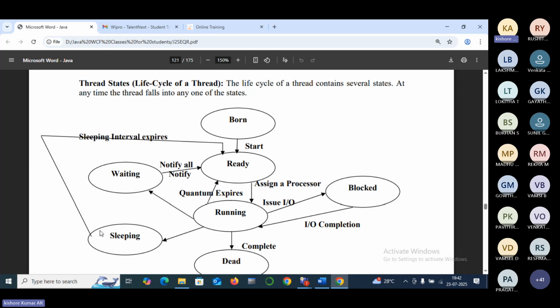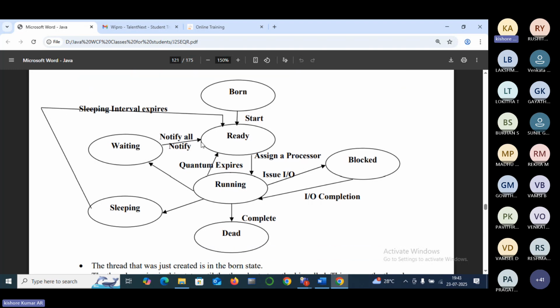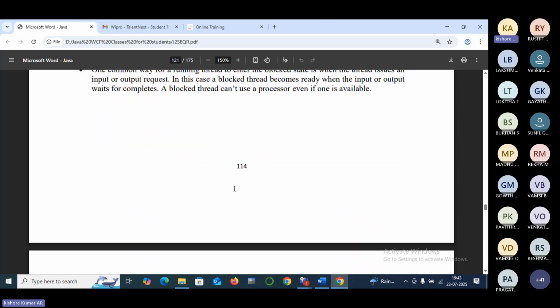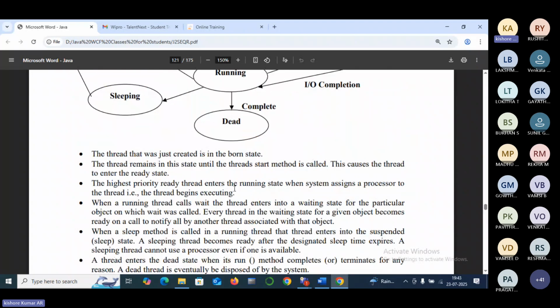Otherwise, whenever sleep is initiated and the sleep interval is reached, it goes to ready state, and then again getting CPU, I go to run state. From running I also go to waiting state whenever you issue the wait method. Whenever I receive notify or notifyAll, as in the consumer producer case, then I come to ready state. And then whenever I get CPU, I can run. So this is very, very important. This is the life cycle of a thread. Simple points are written here. This is about threads and coding standards and best